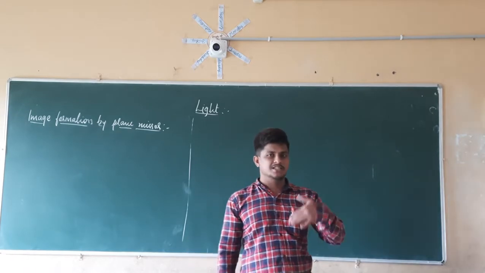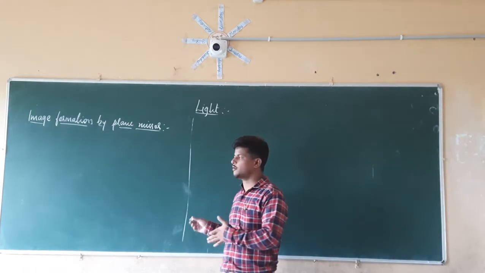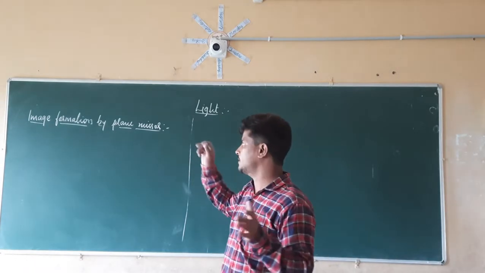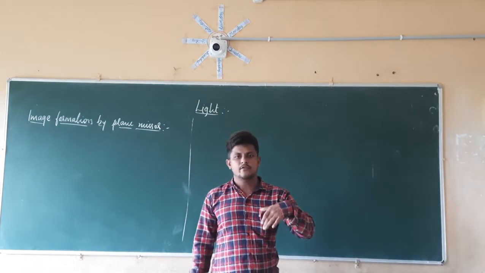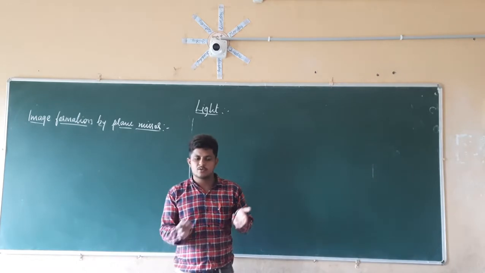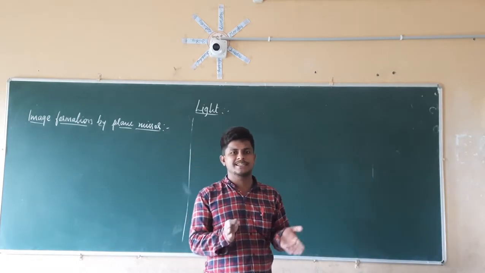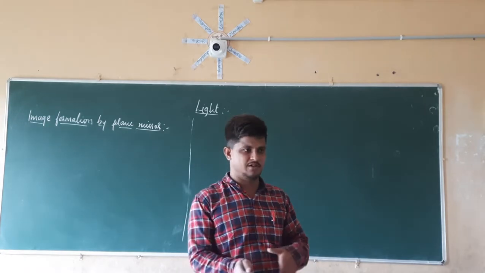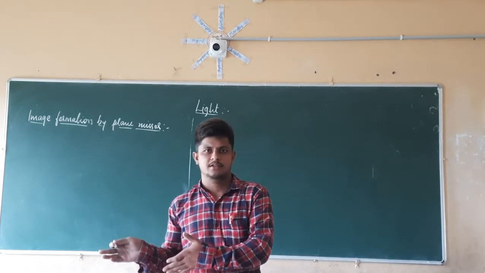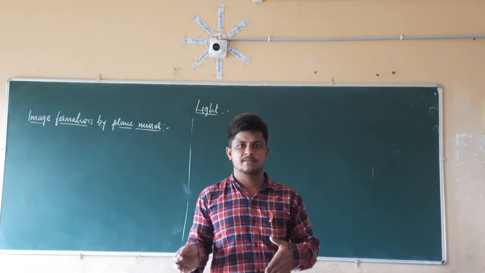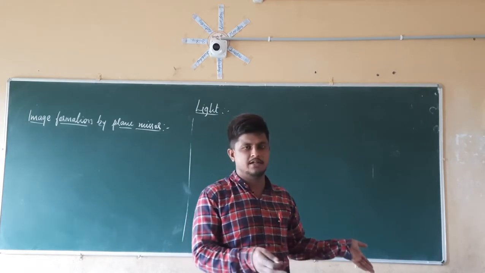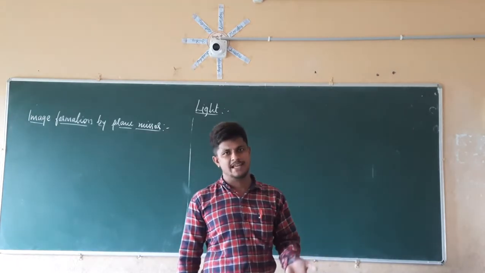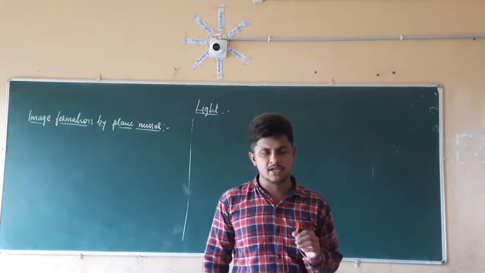But again we have to discuss that to know more about the image formed by the plane mirror. Before that, first we have to know what an image is. What is an image? It is a picture of an object. If I want to see my image, I am going to go in front of a camera or in front of a mirror. In that mirror I am going to see my image. So that is an image.